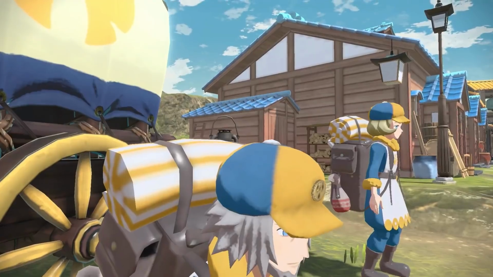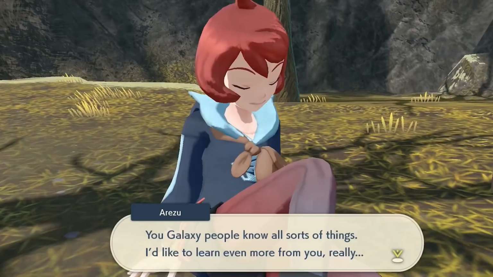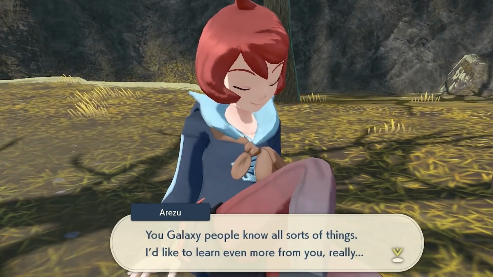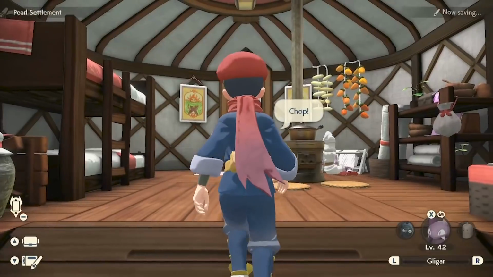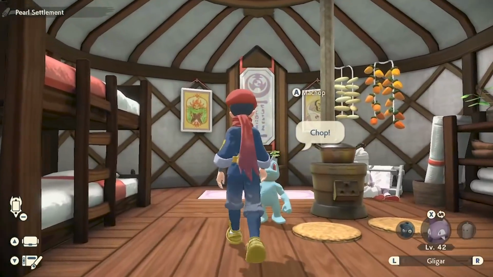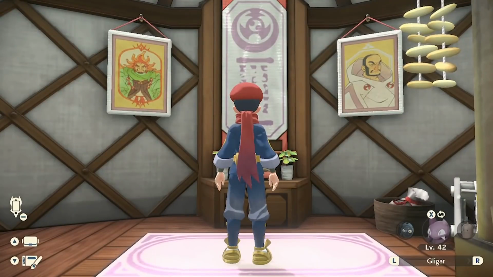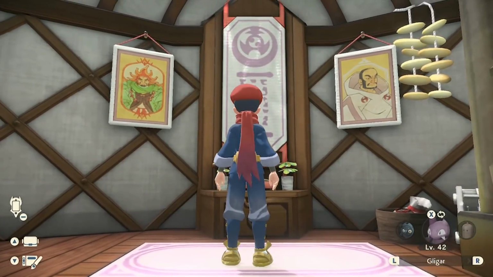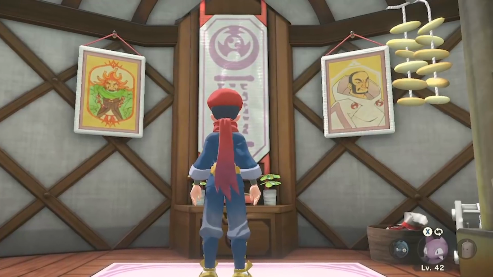These next couple are really cool. While you're out exploring the Hisui region, you might end up coming across the Diamond and Pearl settlements, which is where the Diamond Clan and the Pearl Clan live respectively. Well, if you decide to enter into the houses of these people, something very interesting can be seen hanging on their walls, which is a picture of what seems to be a former member of the Diamond Clan and the